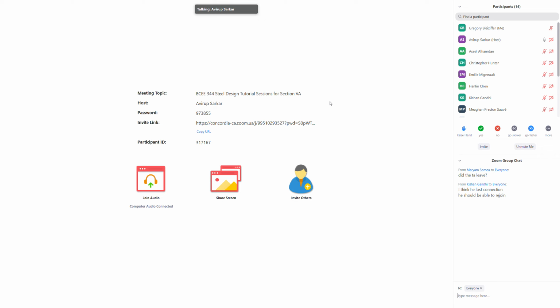Because in the exam, if you do not have regular practice using the handbook, there are lots of sections, and in different sections you will find different angle sections or channel sections or whatever, and you need to know which parameter you need to pick from where. So from where you will be getting the areas, the I values, the A values, or the radius of gyration, and all these things.